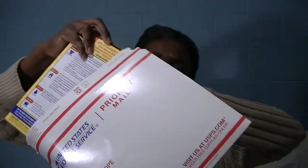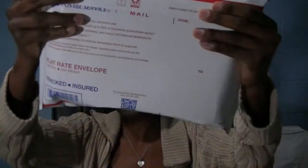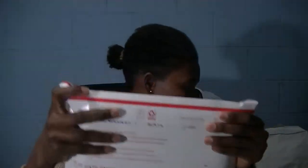One thing I'll do is try to put it in this. I think this is the regular one. I try to put it in it to see that it fits. It fits. You see? So I can technically put it in this one, tape it all the way, and that would be